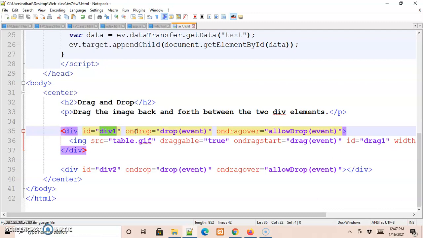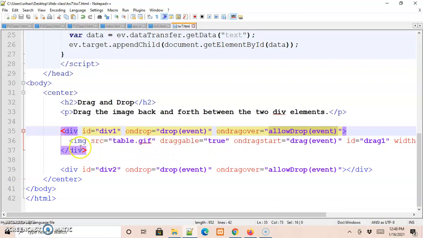So on dropping an element into this particular division, this will call a JavaScript function called drop event. And there is one more attribute called onDragOver, which will call one more JavaScript function, which is the allowDrop event. So once the dragged element is taken over this particular division, this JavaScript function gets called.